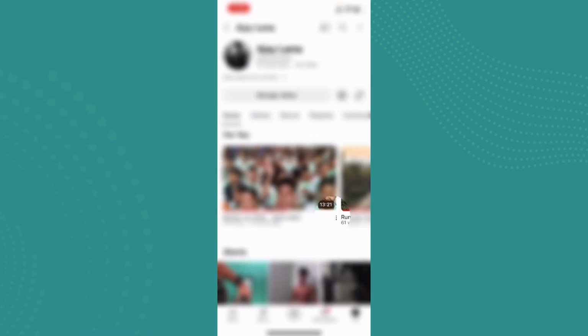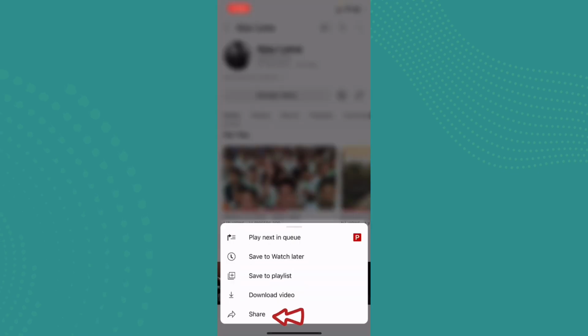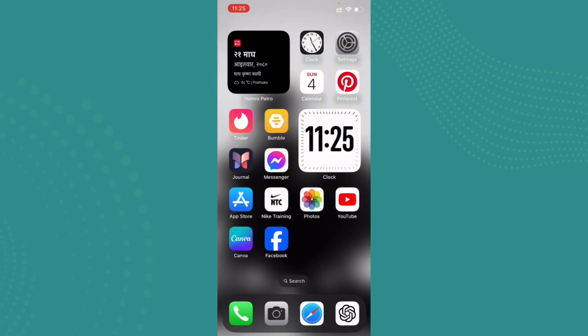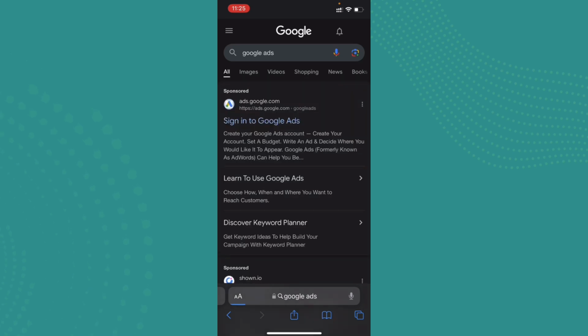Now here what you can do is, if you want to promote any type of videos, then tap on that video and tap on that three dots. Now go ahead and tap on Share. Now go ahead and tap on Copy Link, and once you copied the link, go back to the home page and open up your Safari or any web browser, and in the search box go ahead and search for Google